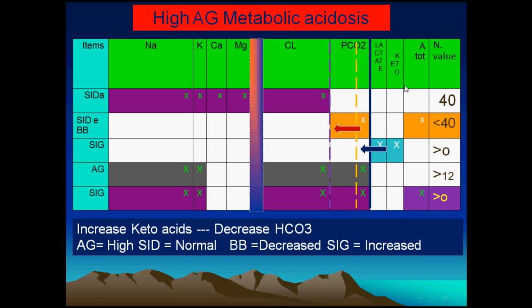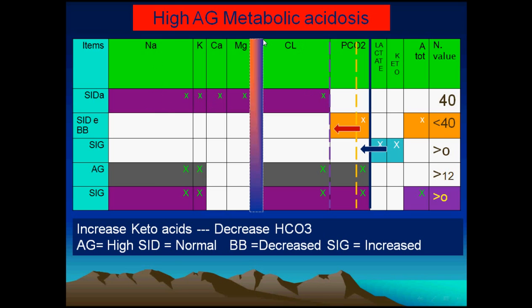This means the high anion gap. There is an increase in the keto acid or lactic acid or fixed acid, which reacts with bicarbonate. So the value of the bicarbonate decreases. There is a decrease in the bicarbonate itself, but we didn't touch chloride. So this decrease in the bicarbonate will be associated with a decrease in the buffer base below 40. But when you come to the strong ion difference, it's normal sodium and normal chloride, so the